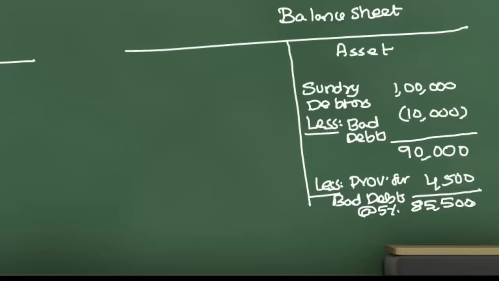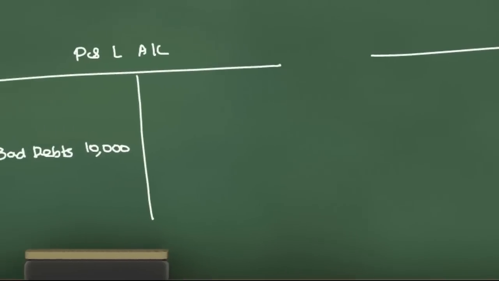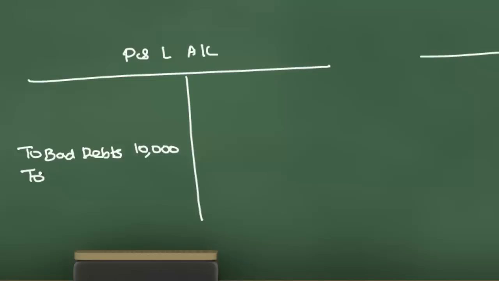So this is one leg. What's going to be the other leg? There should be effect for this 4,500 in P&L. What is the purpose of creating provision? We have to reduce the profit to the extent of this 4,500. So when the event of default, when the event of bad debts take place, at that point we need not take it to P&L. We can just take it to provision for bad and doubtful debts account. So the other leg will be, it will be shown on the P&L like bad debts. It will be shown on the P&L to provision for bad and doubtful debts.